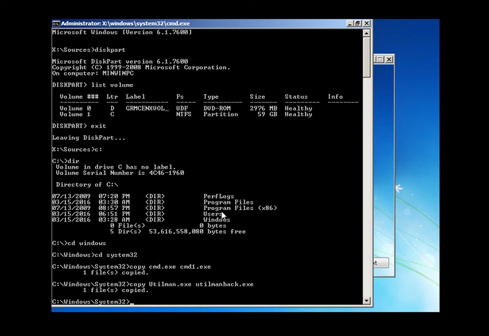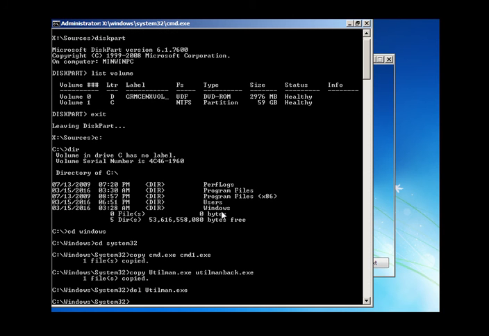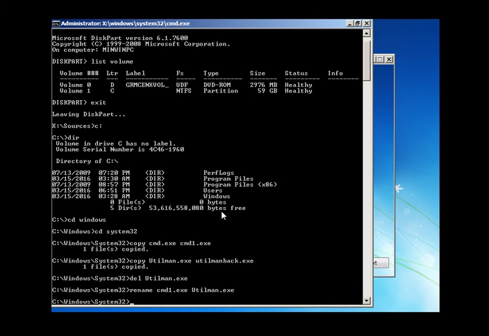Third step, just del the utilman.exe file, and then rename cmd1.exe to utilman.exe. Done. So perhaps you get the main process of what I did.